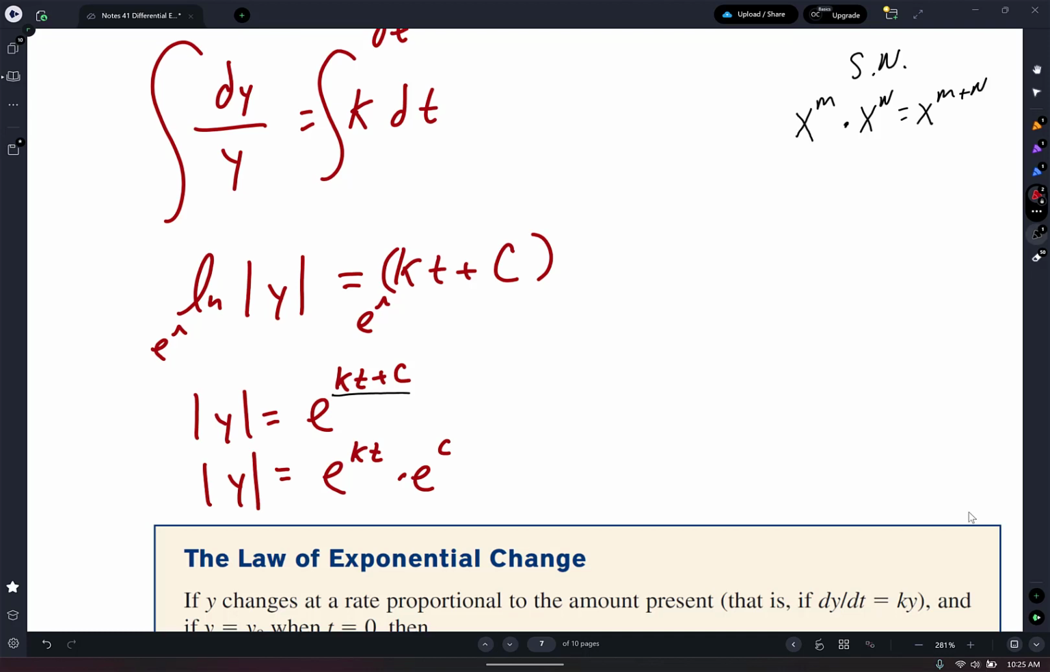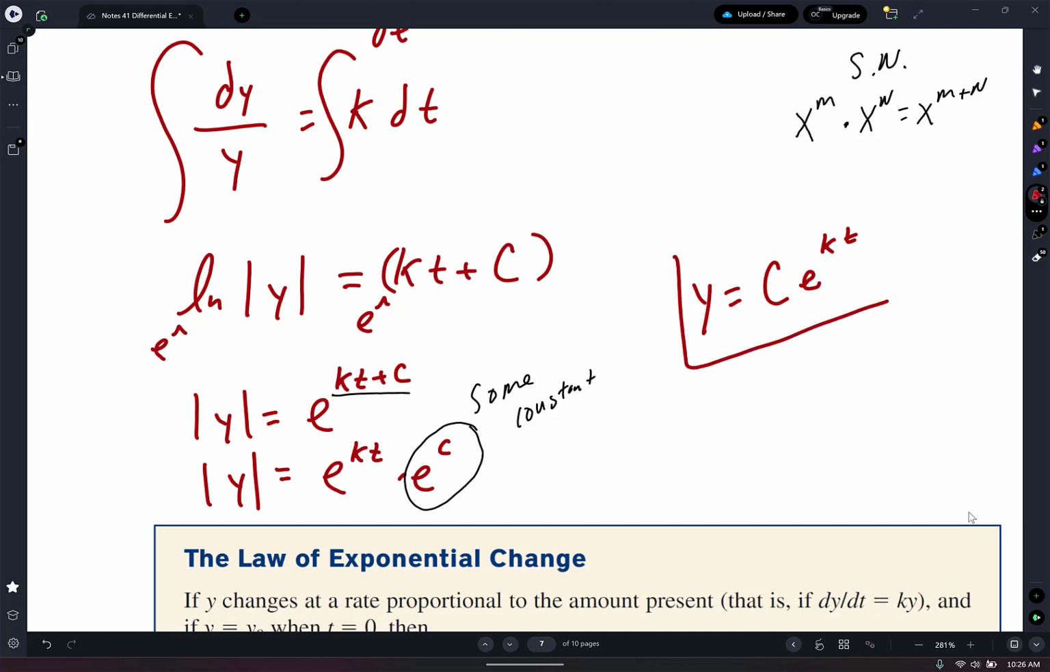Okay, and I'm going to slow down. This e to the c is just some constant. So we're going to let the situation determine whether the output is positive or negative. So that absolute value is going to go away. So I'm going to rewrite it like this: y equals some constant times e to the kt. And then let